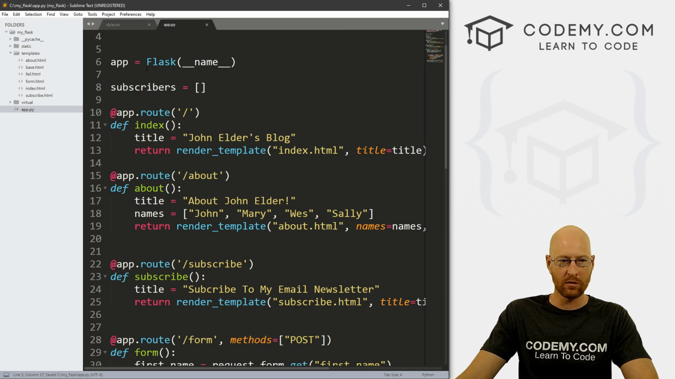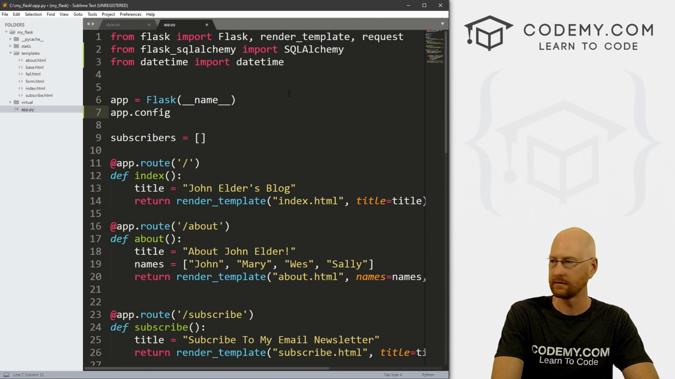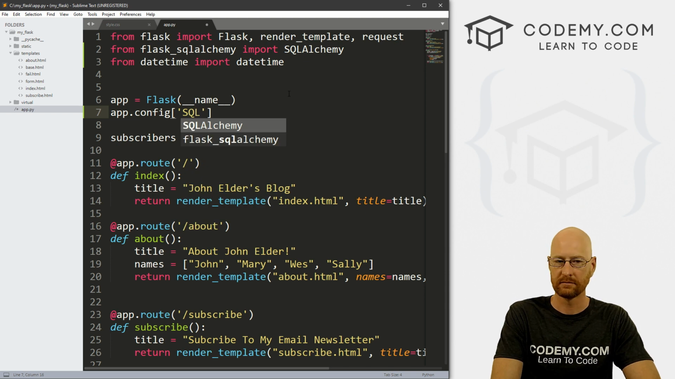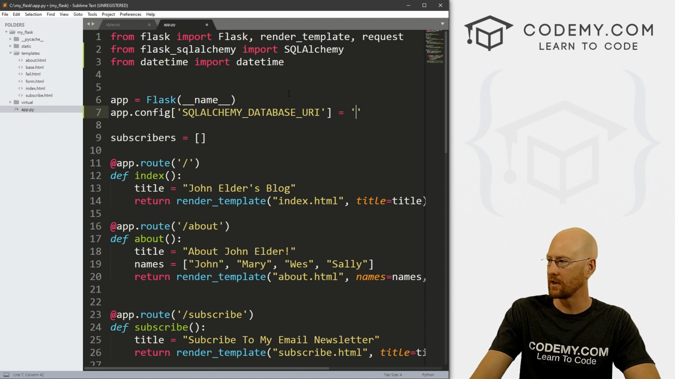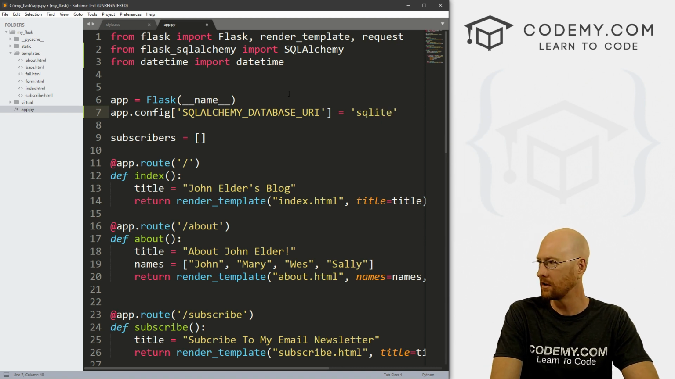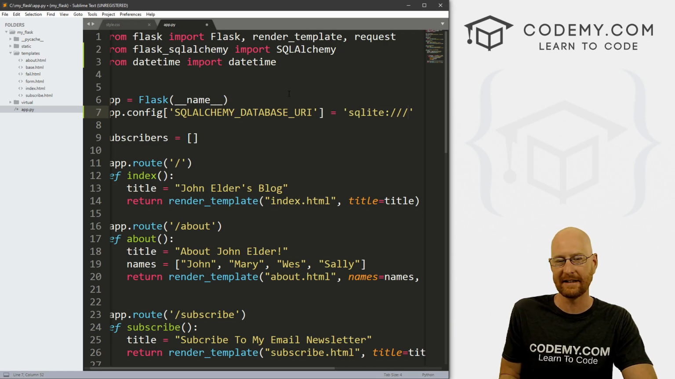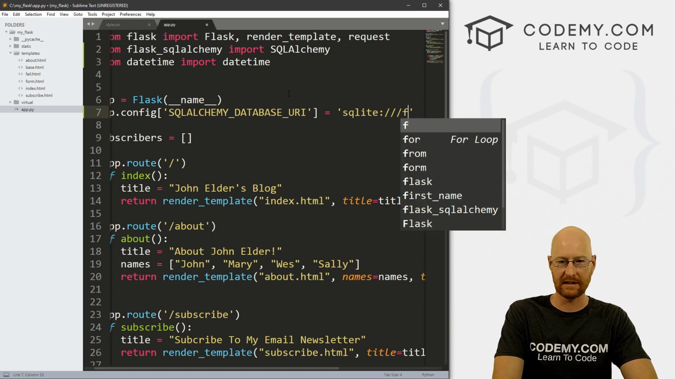So, okay, so now right under where we initialize our app here, let's go app.config, and we want to say SQLALCHEMY_DATABASE_URI. And then we set this equal to sqlite:/// These are 3 forward slashes. This is going to indicate a relative path to where our database file is sitting. And we want to create a database called